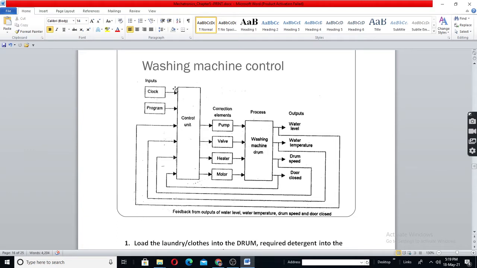Other inputs are clock inputs, and then the program will be written. That will be data given by the user also, which is not shown here. As you study more and more, in a block diagram you will show only 80 to 90% of the parts, not 100%.